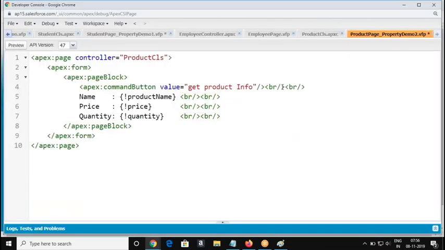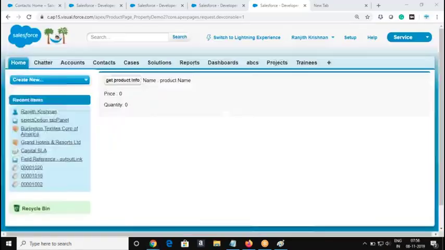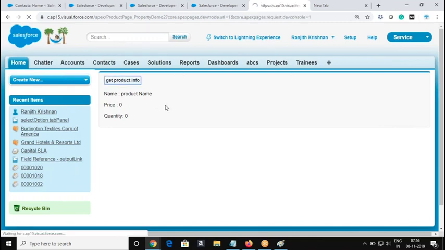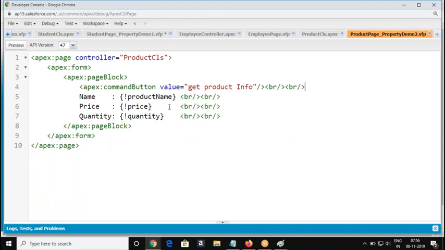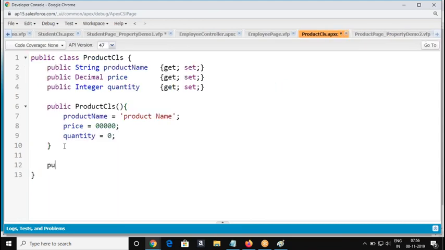No formatting. We are not working on the formatting now. Okay, so just display the button, and whatever values were initialized in the constructor get displayed. Right. My requirement is when I click on get info, then all these values must be replaced with different values. So I'm going to call a method to set the values, void. Okay.